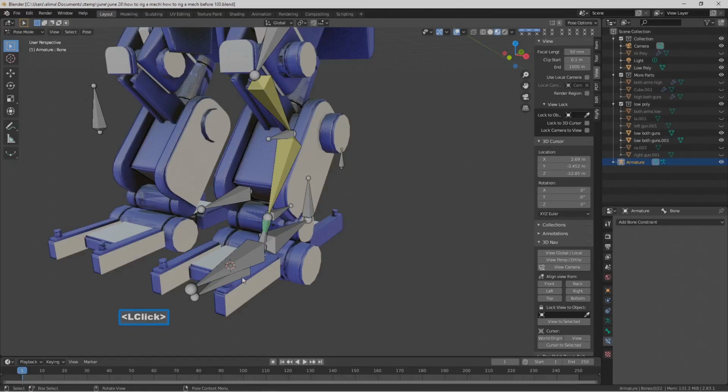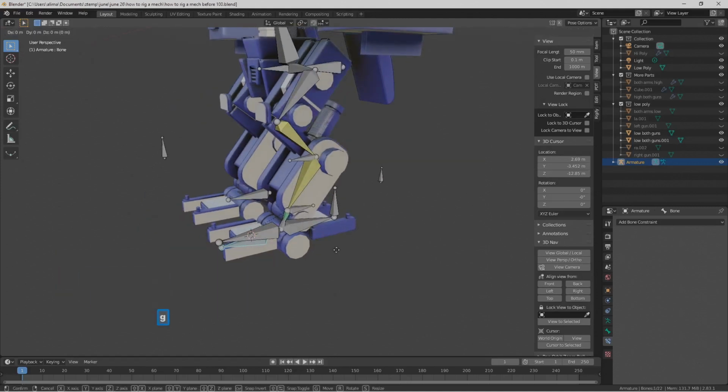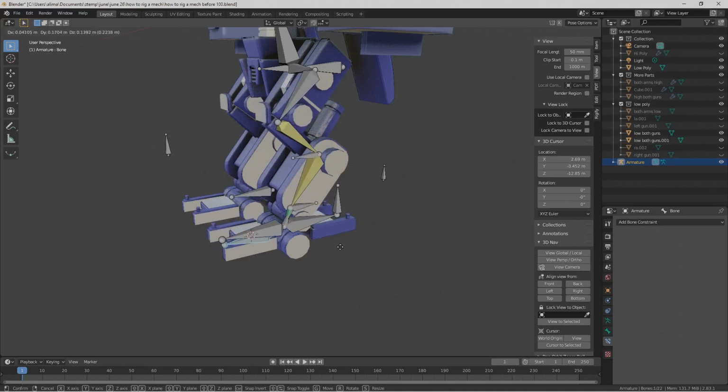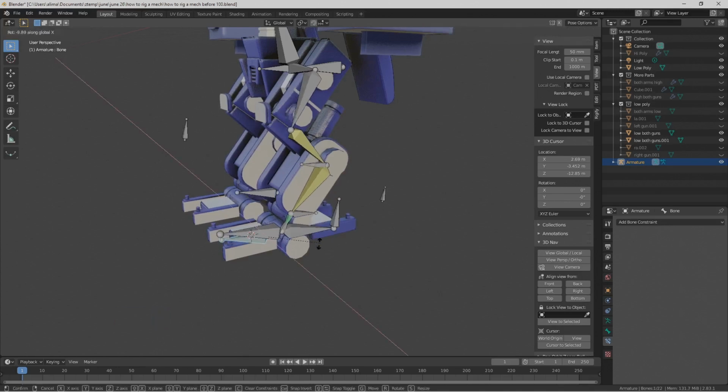Okay, now when we select here, I'm going to roll the mouse wheel to zoom back, hold the middle mouse button to rotate. When I press G, you can see the entire leg moves. I'm going to right click to get that bone to go back to its original position. When I press R to rotate on the x-axis, we can see the foot can angle forward as well as